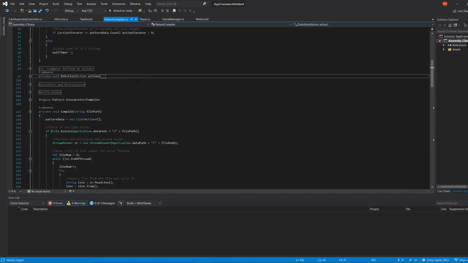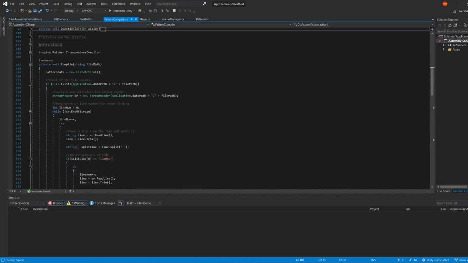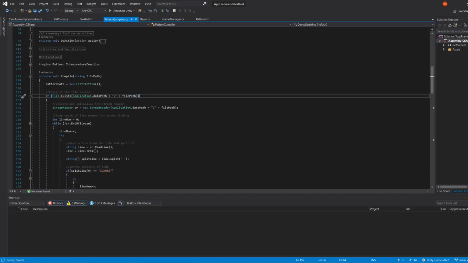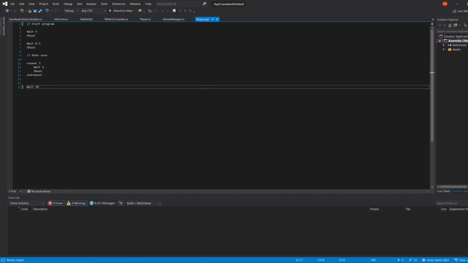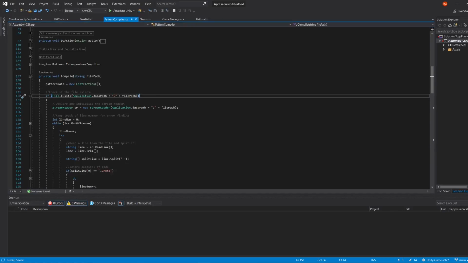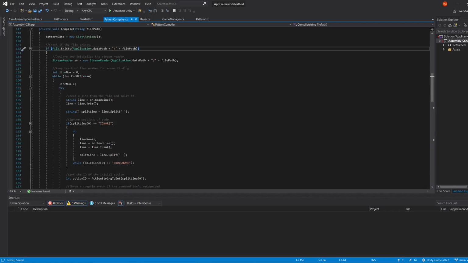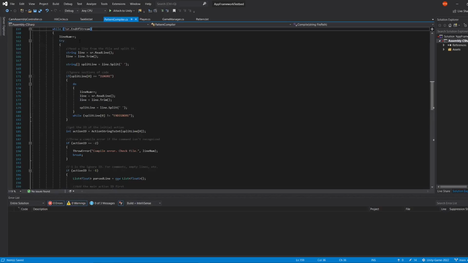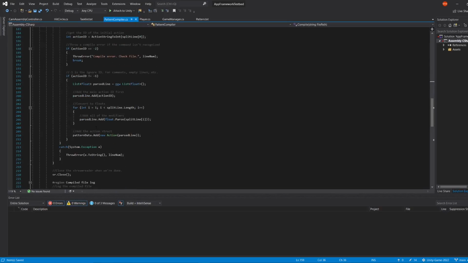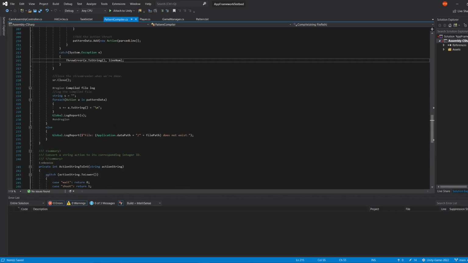Now the interpreter slash compiler, this sets up pattern data, checks to see if the file exists. Yeah, I need a file too. Well, this is the file, it's in assets. In the actual game, I think I'll be loading them from resources. Got stream reader. So we run through while not end of stream. We do a try catch statement. If we catch this, this method just does a log, and it says the line number in